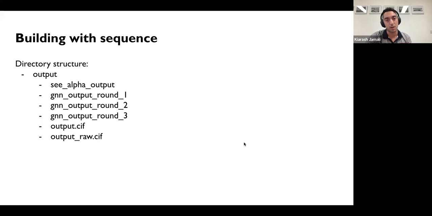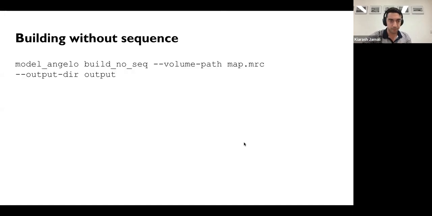One, Model was not very certain about the actual sequence, so it predicted one kind of sequence, or it had a low prediction confidence for a portion of the sequence, and it just wasn't in the sequence file. That could happen if the local resolution is bad, or if you've forgotten to put that specific sequence in there.